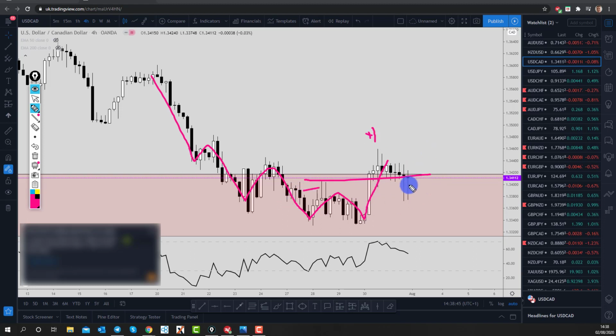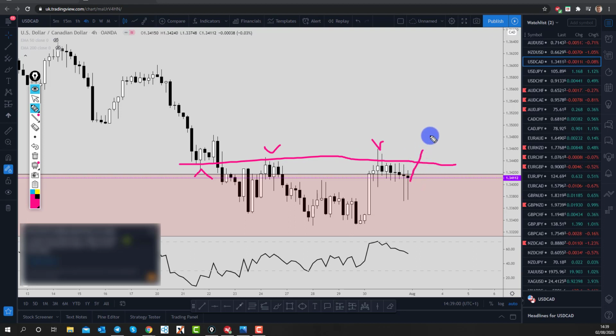So we can see lots of wicks in here as well. If the market can break out again, we have a great level just running through there. So let me just draw that again. Great level just through here where the market found support, resistance. If it takes that out, that'd be a really great level to buy from. So around about that 134.40 area would be good to see the market retest after a breakout before looking for